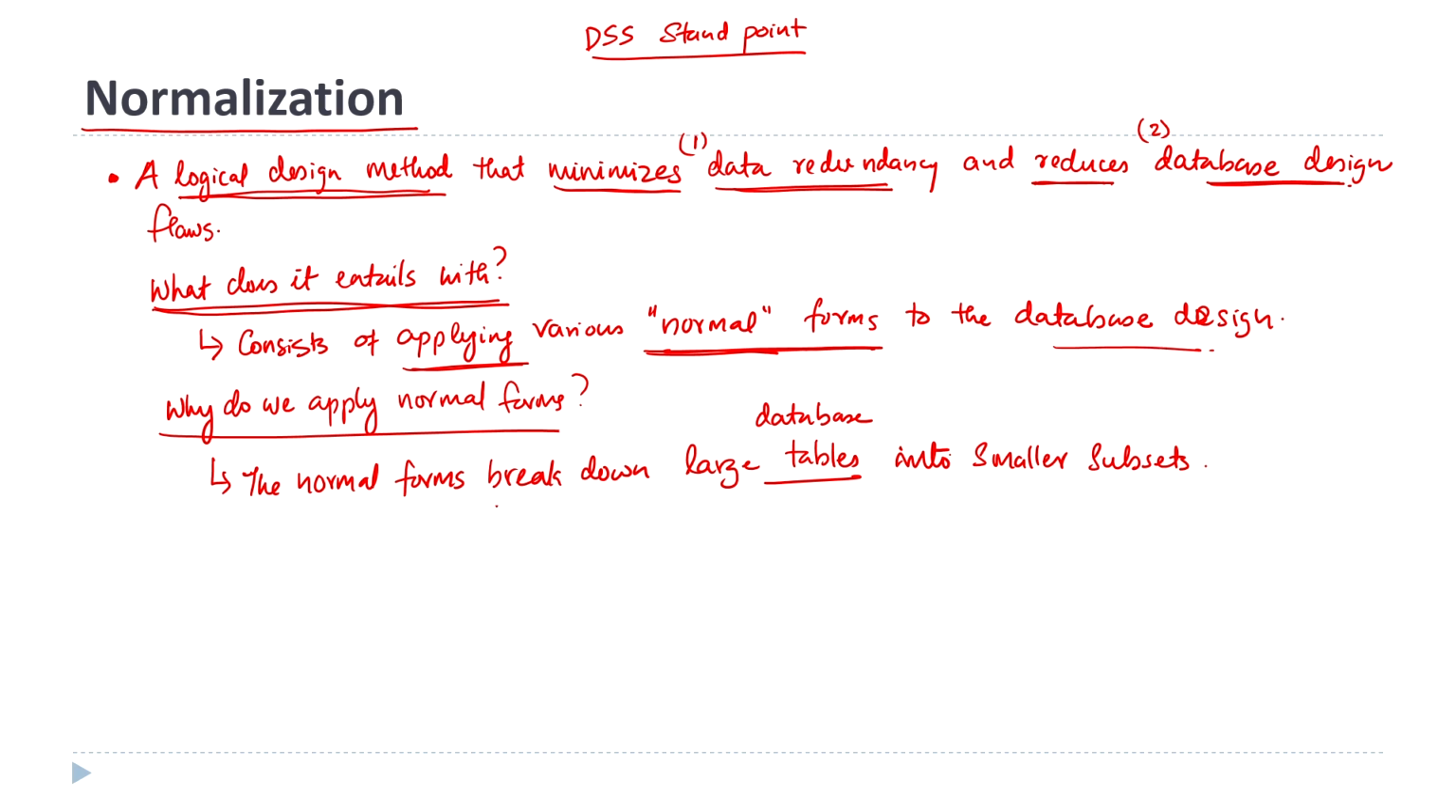Because these normal forms help us in breaking down large database tables into smaller subsets so that they can be managed better. The aim is to manage these database tables better, because once you have smaller tables, it is easy to manage. So that you can also reduce redundancy and reduce the design flaws. All right. So, without further delay, we go into what we call the first normal form, usually represented